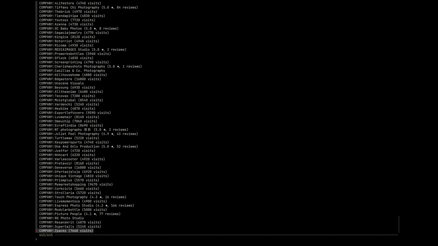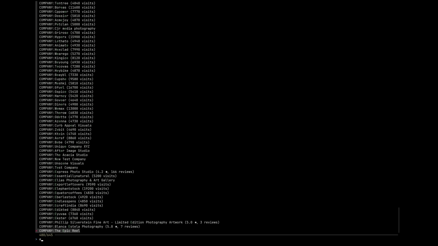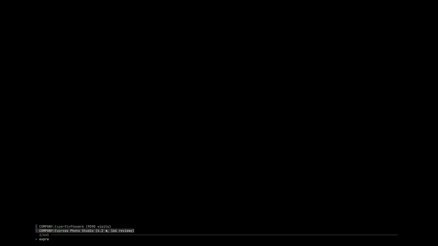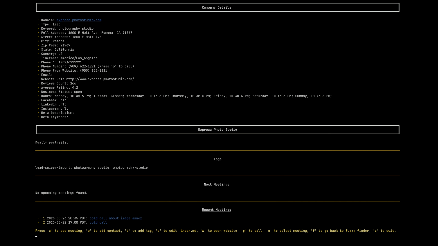So the Google Maps ones have like Express Photo Sales right there. Express Photo Studio. So this has a little bit more information, address information, and other stuff. And a couple of meetings that are in the past. So this allows you to... I haven't tried. I should be able to go see out of context